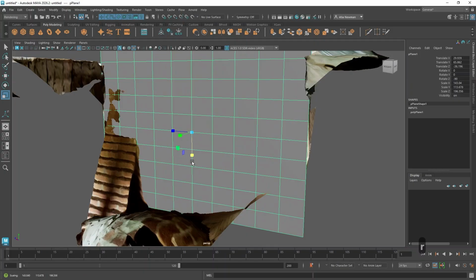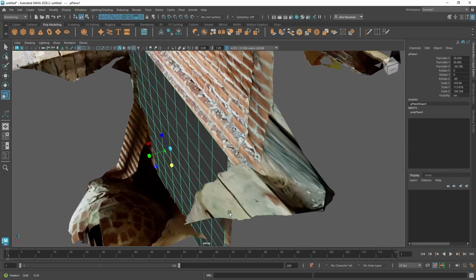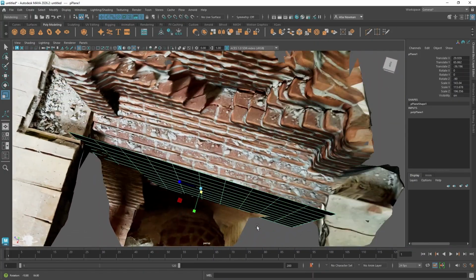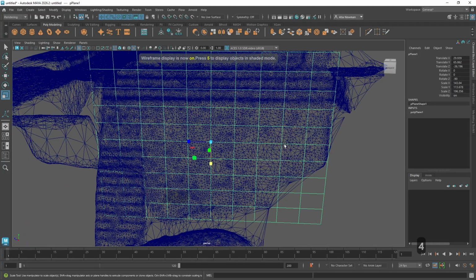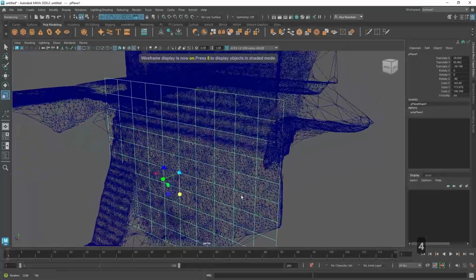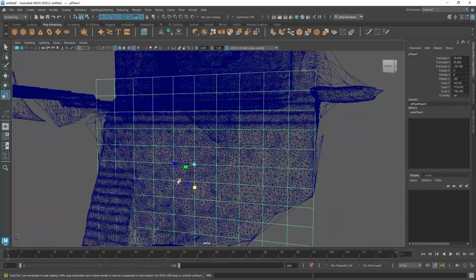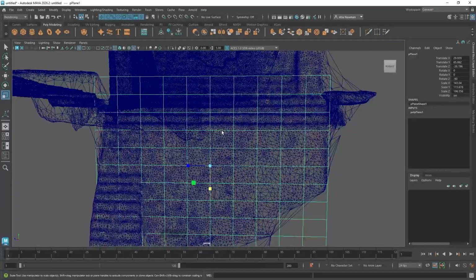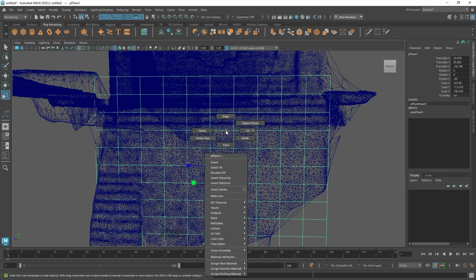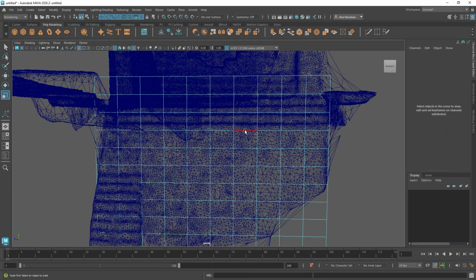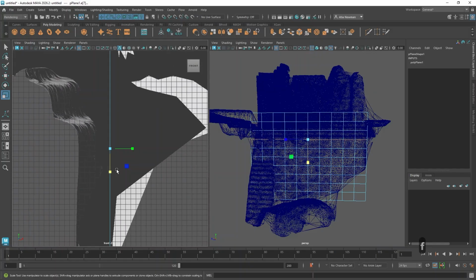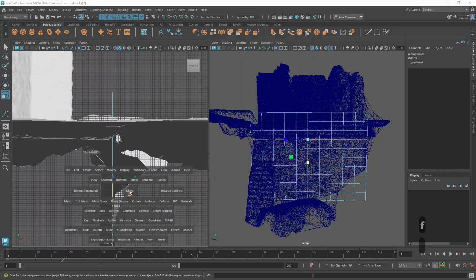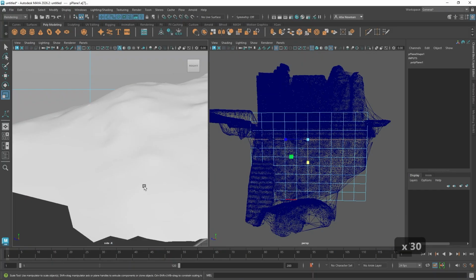So part of this is because what I want to do is grab some of the information for these steps as well. And because we already have geometry here, let me hit 4 to hide this so that it kind of becomes see-through. But you can see I can actually consider taking some of these edge loops. If you right click, go to edges, I can grab this, go to my front view, hit F. Oh, I think I'm looking at it sideways. So let's go to my side view, hit F again,